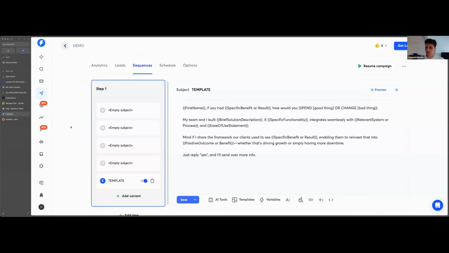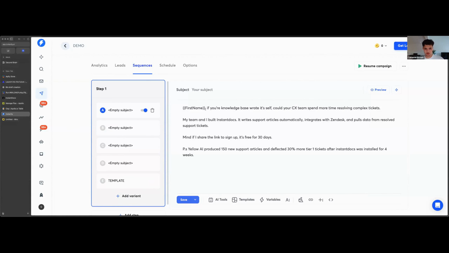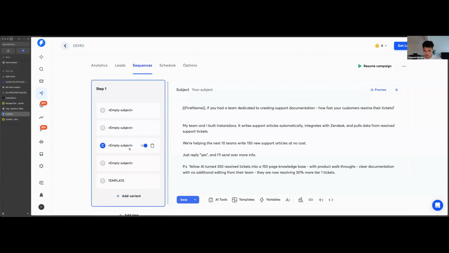And that's what you're gonna experiment with, right? For example, I wrote a few for Instantly docs here, and they're just different. If your knowledge base wrote itself, could your CX team get this benefit? And this email has a different one, right? How many tier 1 tickets could you deflect if your knowledge base wrote itself? Or this one is, if you had a dedicated team to create and support documentation, how fast could your customers resolve their tickets? So we just use different positioning, different angles, and that's what we're testing, because this is our value